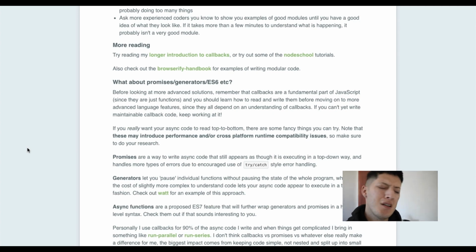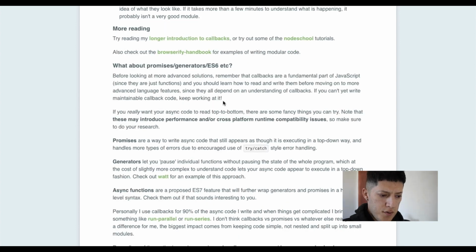Today we're going to be learning a little bit about ES6, kind of like a little study session. So let's see, what about promises, generators, and ES6? This paragraph right here pretty much sums up like